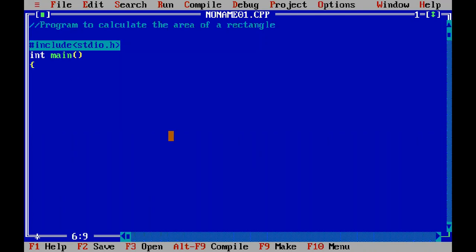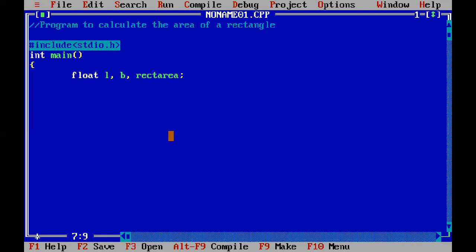So we are to calculate the area of a rectangle, and you know what is the area of a rectangle? Length into breadth. So for that we will be requiring two variables to store the values of length and breadth. Accordingly we will take them as float values. Let the length be taken as L and breadth be taken as B. And to store the result of the area obtained after multiplication, you need another variable. So let us take it as rect_area, rectangle area. So we have taken three variables.